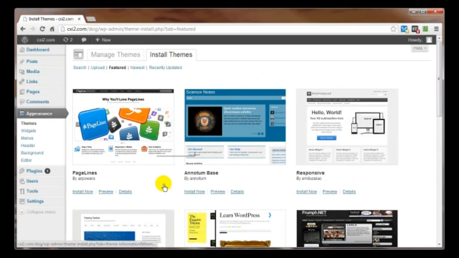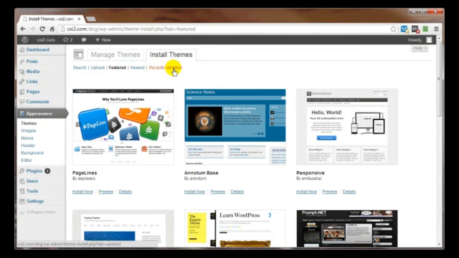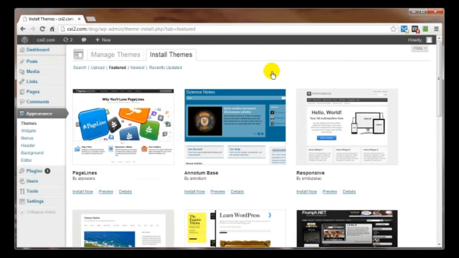All these themes here are currently located in what's called the wordpress.org theme repository. Likewise with the newest or recently updated, or even if you go back here to search where we were at the very beginning, these are themes that are searched by keyword from within the wordpress.org repository. Let's go ahead and go to Featured just to demonstrate how easy it is to install and activate a brand